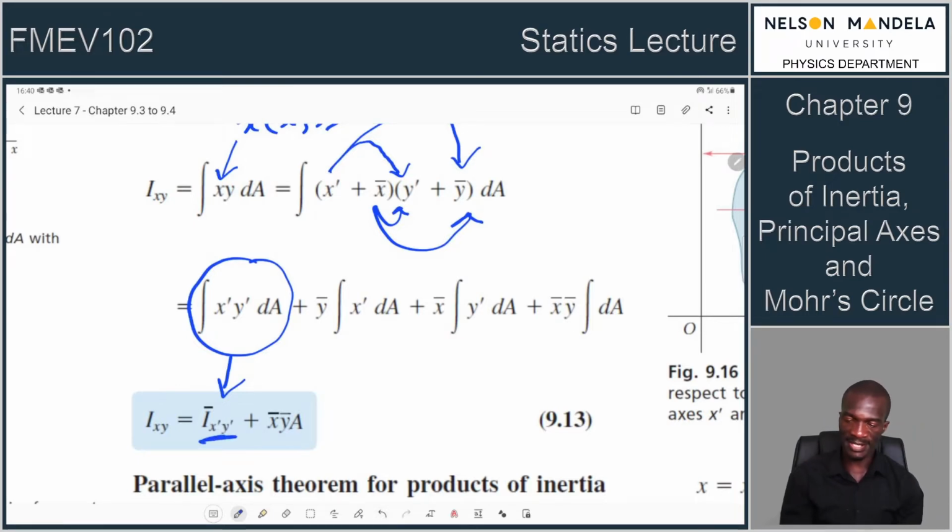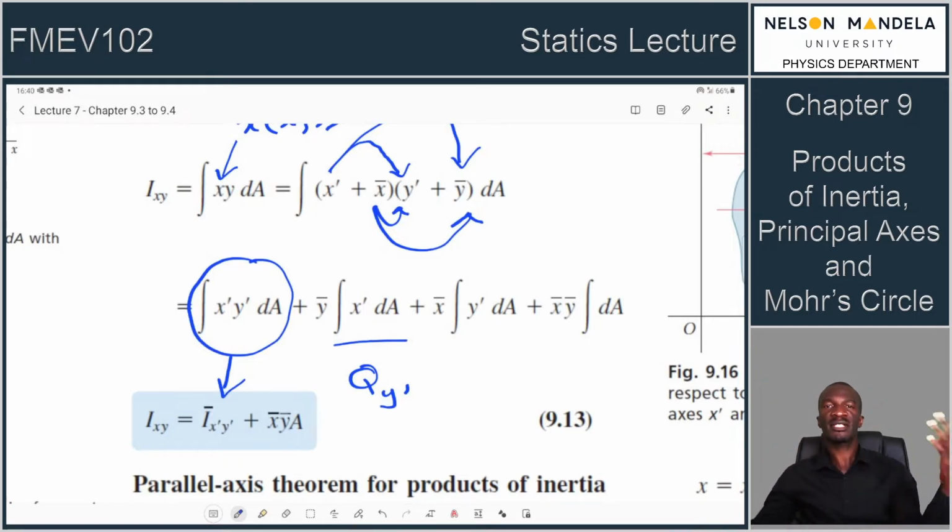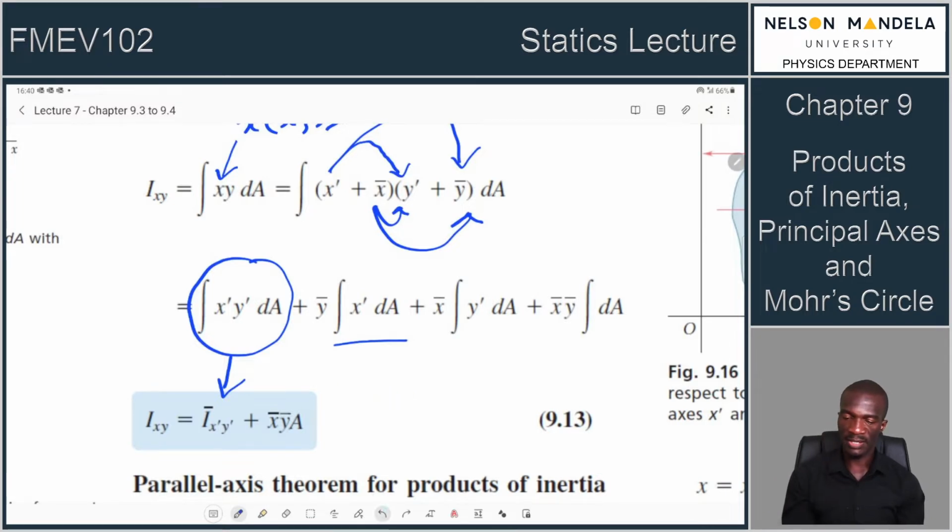So in this case, this is for the centroidal product of inertia about the x prime, y prime axis. These two terms, what did we say happens to these two terms? If you still remember, we are integrating about the centroidal axis. So this is the first moment about the centroidal y-axis, which is x prime dA. So if you look at the centroidal axis, we'll always have elements on both sides. For that reason, we will have a 0 for this term, and the same applies, and these terms add up